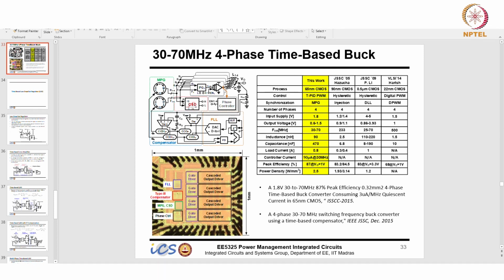But the VCO is running at 4x, so it will have some extra current, obviously. But if you compare this extra current from running the VCO at 4x with the complexity and the current you require to generate for the current balancing and all those, that is much simpler here. Because current sensing itself is not simple.